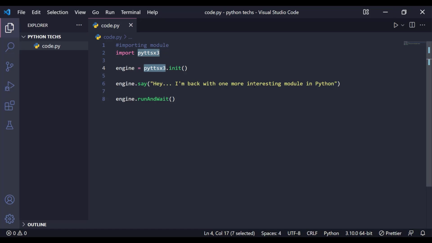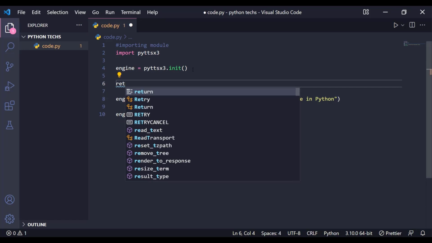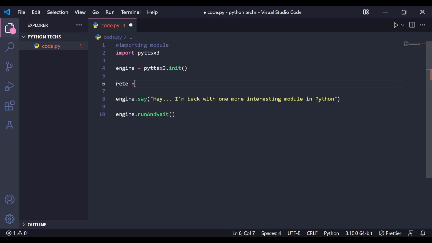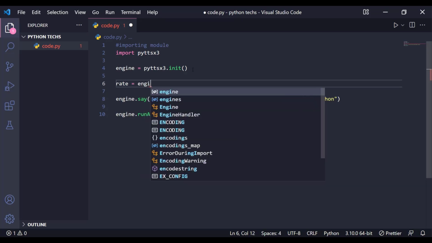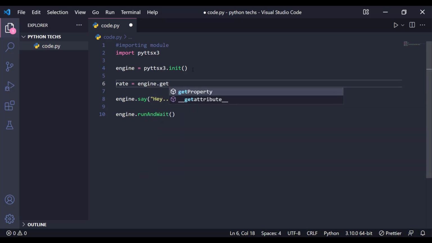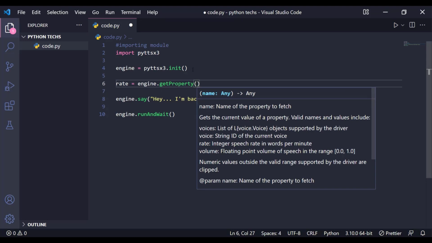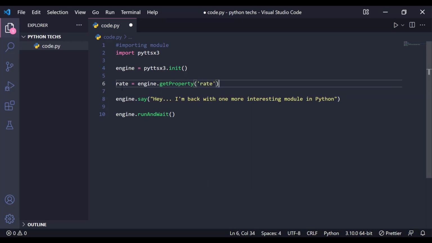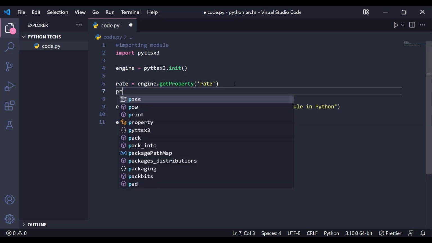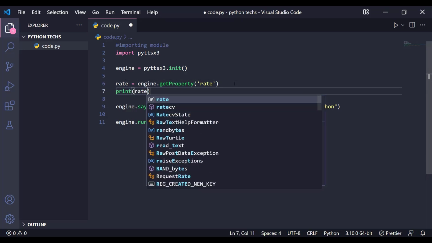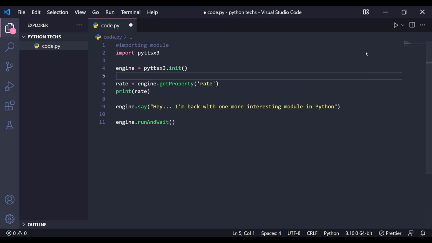For that, what you have to do is just give rate equal to engine dot getProperty, and give rate as the parameter. Now it will actually tell us the rate. If you just give print rate, and if you run this one,